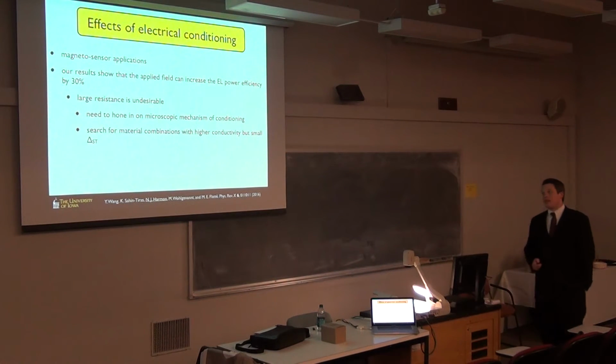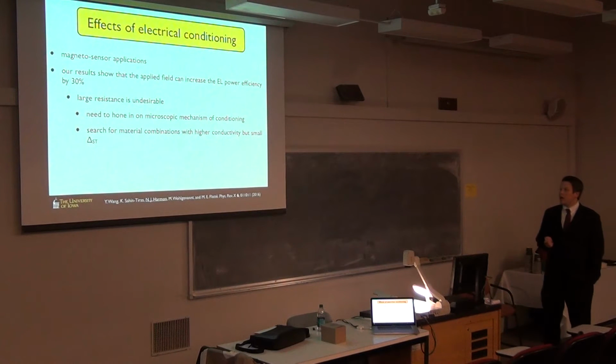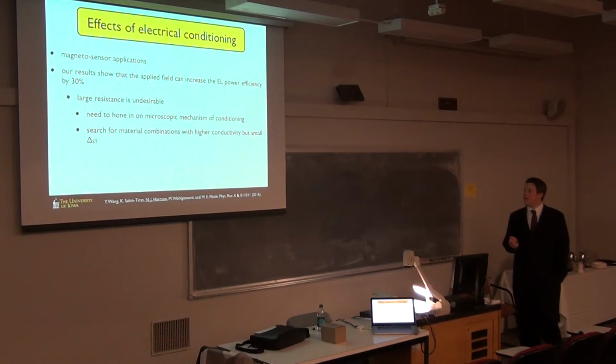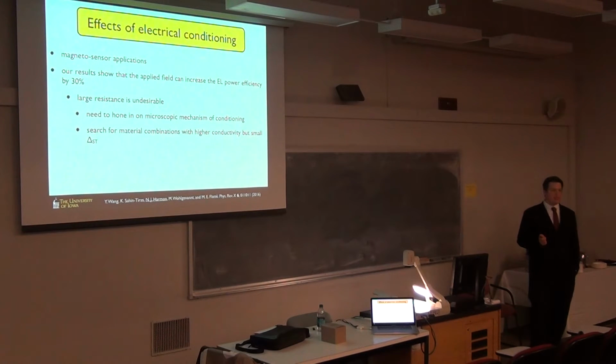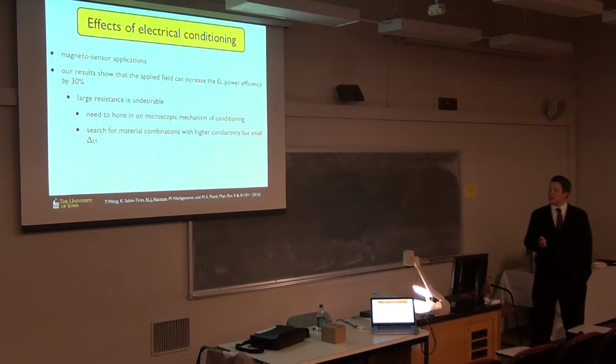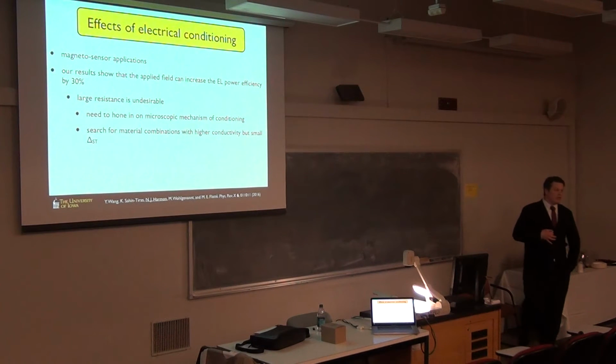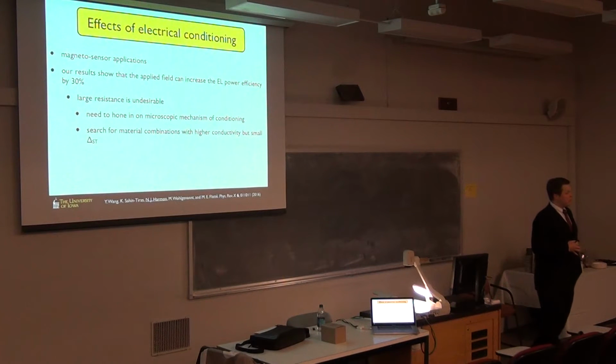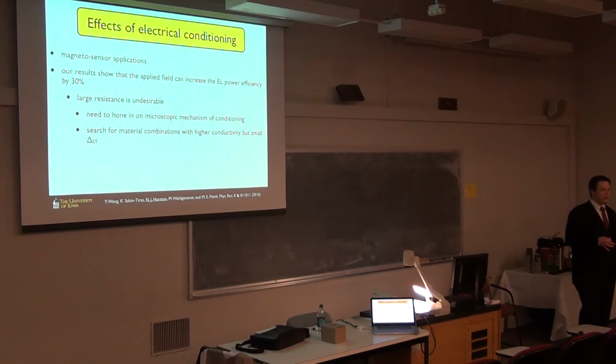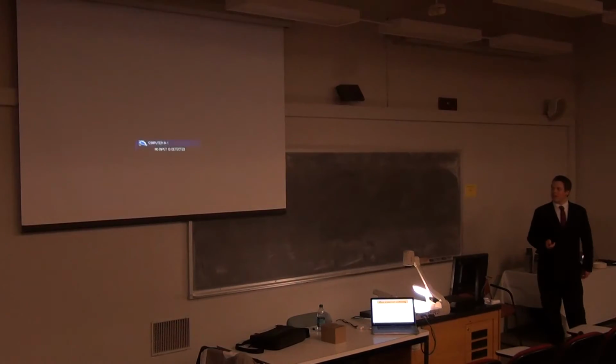So of course, these very large magnetic field effects might have some use in magnetosensor applications, but another important result is that the electroluminescent power efficiency increased by 30% in these magnetic fields. So this does indeed increase the efficiency of an OLED device. I should state that these OLED devices we used weren't top-of-the-line OLED devices. They're more single layer, I think they call them.